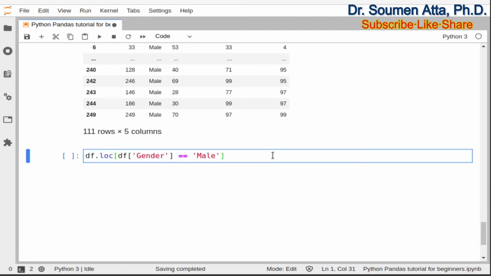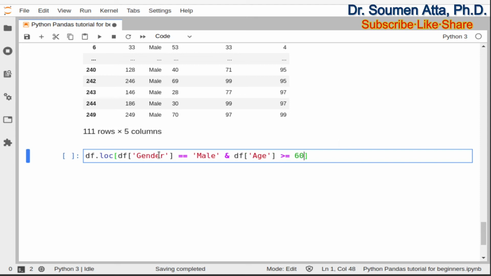Now suppose we want to retrieve those rows for which the gender is equal to male and age is greater than or equal to 60. So we can write down a similar thing here also, df within square brackets age, that is the name of the corresponding column in the data frame df, and the condition is greater than or equal to 60.